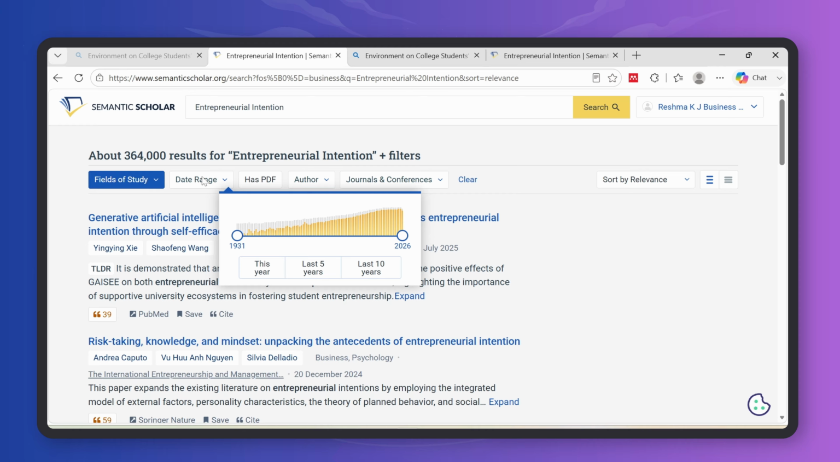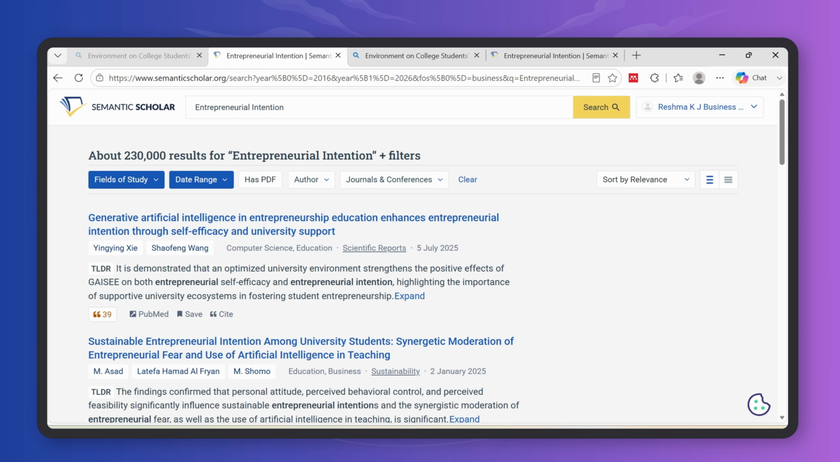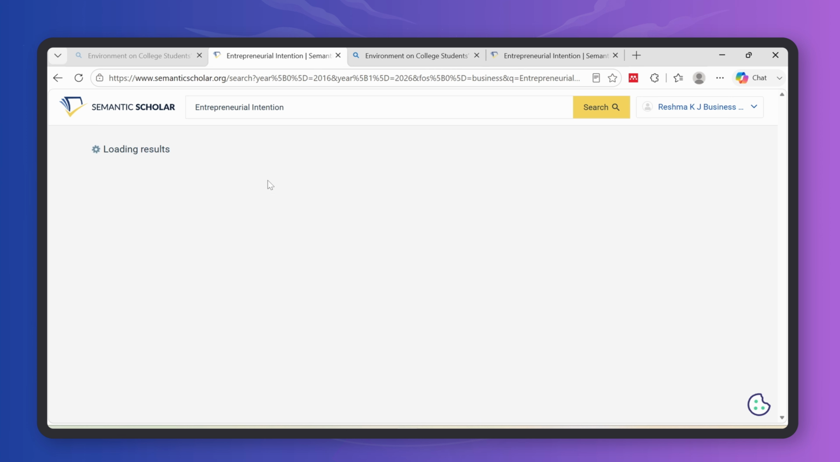So now, are you looking for those which have a PDF, so that you can look for it later? If I just click "has PDF", it is going to filter those documents which have a PDF, and you can see that the PDF is clearly shown, which means you can download it. Now, author,